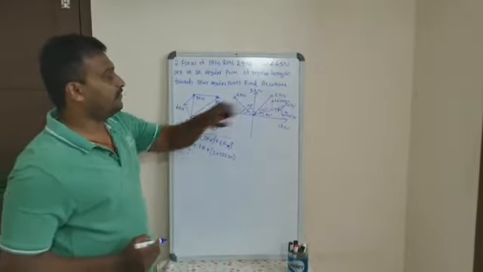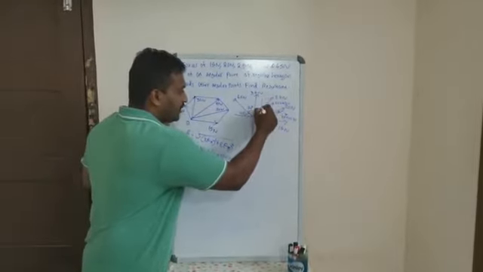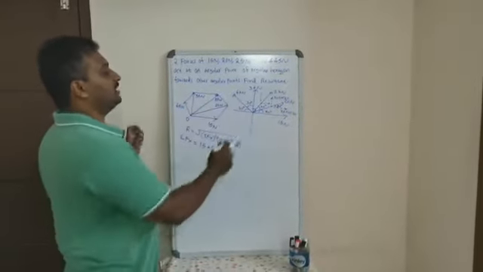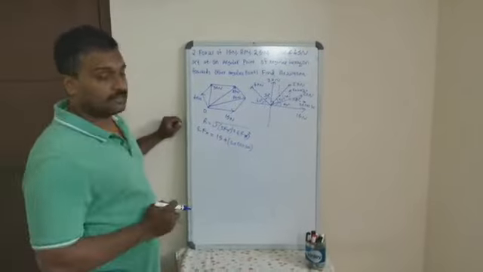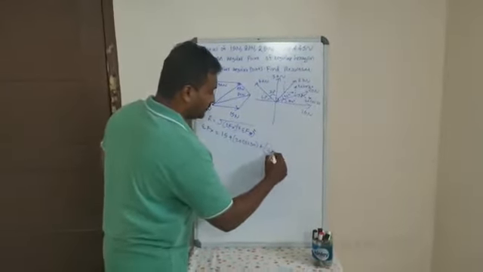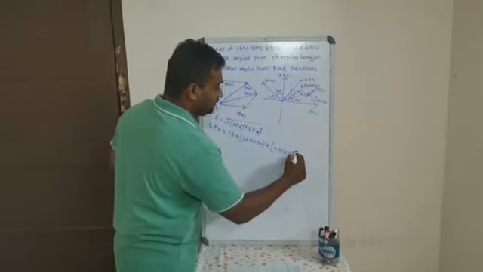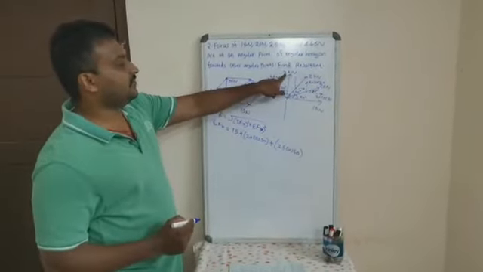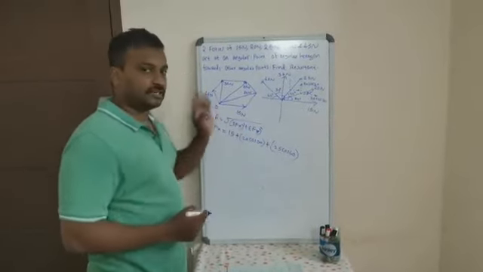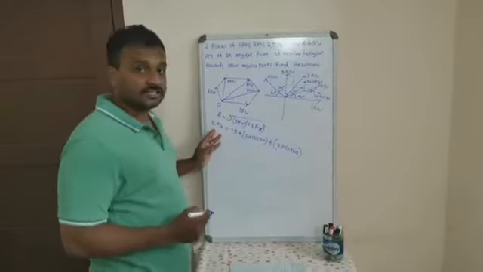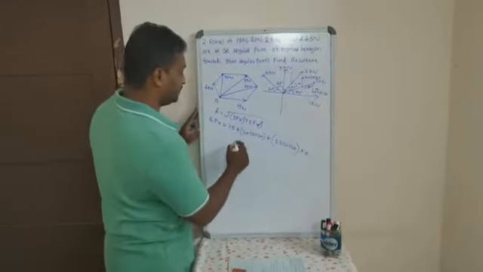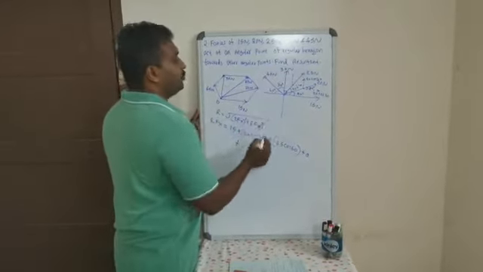Then third component, 25 Newton. Again resolve it into two directions. Here it is making an angle 60 degree with horizontal. Therefore, that component is 25 cos 60. It is in the right hand side, that is plus 25 cos 60. The next one, 35 Newton, is in vertical direction. Therefore, it is not considered in sigma fx, it is considered in sigma fy. Therefore, that component is 0, plus this component, 45 Newton.